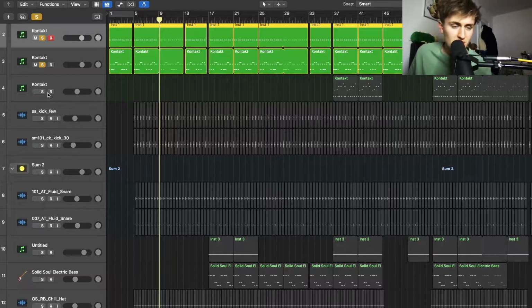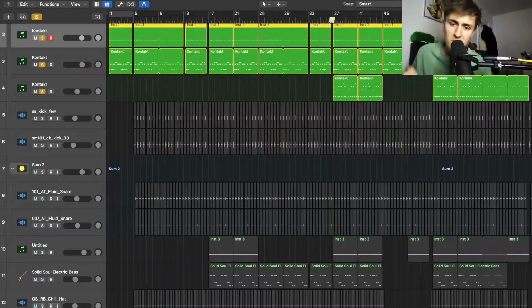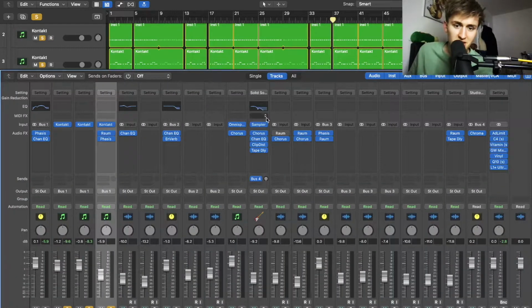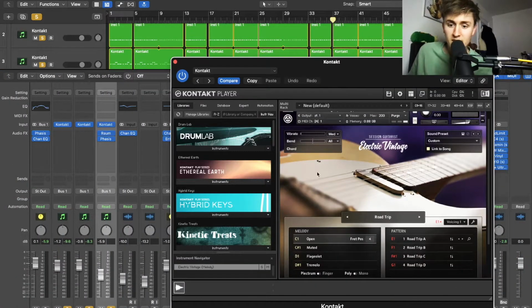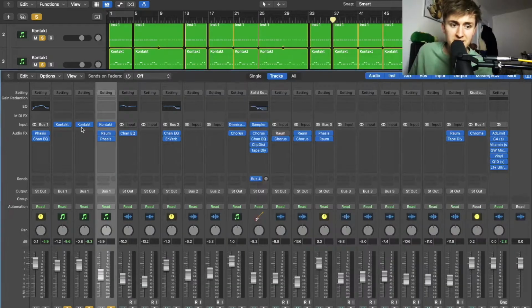Now, one more thing that I've done for the guitar is the development later on. So you get a little bit more atmospheric towards the end and more layered. So I've added in another guitar, and this one isn't muted, it's just open. And again, it's the road trip, but I've added my favorite reverb,